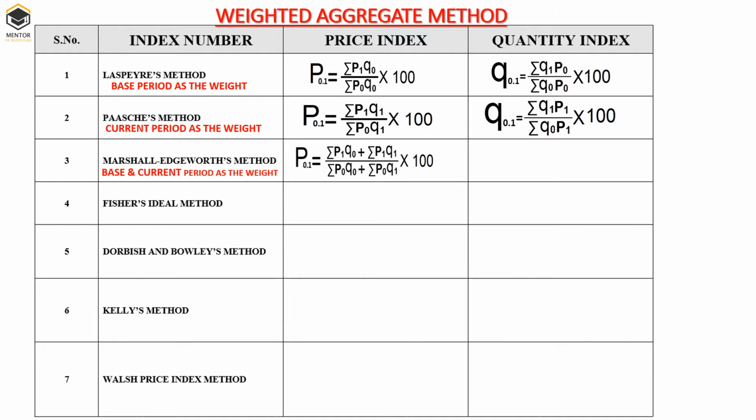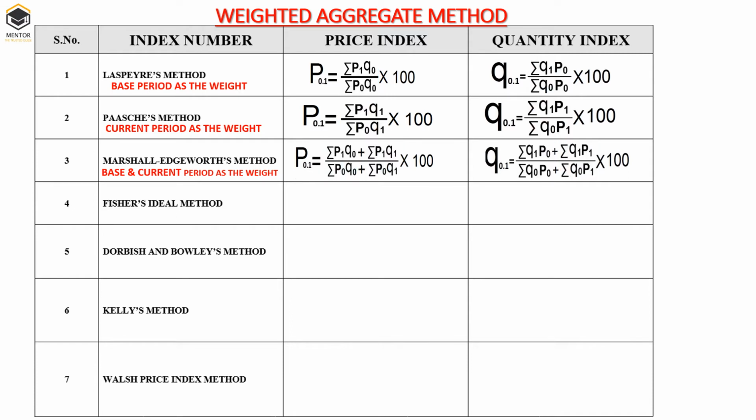Laspeyres and Paasche. So the first one is our price index under this method. As you know, this is the first formula of Laspeyres, so the author has given the weight to the base year first. Next, the author has given the weight to the current year. So the combination of Laspeyres and Paasche is Marshall, right? Next, in the quantity index also, the same is a combination of our Laspeyres and Paasche. So this is all about our Marshall.